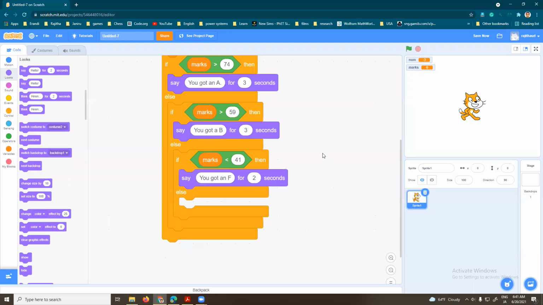Okay, so now what will happen is else. So what will happen here? If your marks is 40, you will get an F. Okay, that is not what we want. So how do you change it? You have to make it 40. Okay, so now, because I changed the condition expression to the other way,